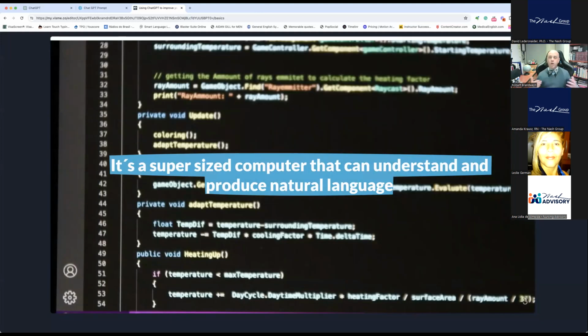Okay? What is ChatGPT at the end? ¿Qué es realmente ChatGPT al final? It's a supersized computer that can understand and produce natural language. Es una computadora supremamente grande que puede entender y producir lenguaje natural. So, it being a language software, teniendo en cuenta que ChatGPT está basado en idiomas.